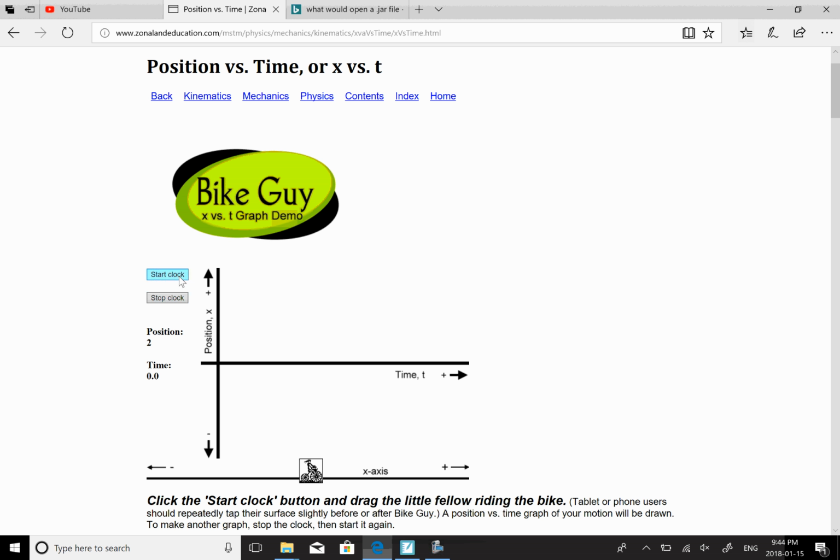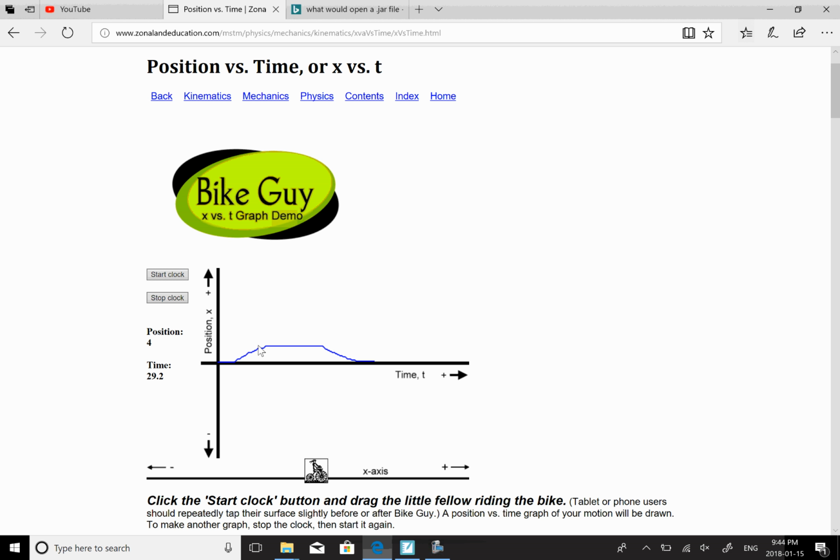So the first 5 seconds, I'm going to move away from the CBR at a steady rate. Oh, time went a lot faster than I thought. Then I'm going to stand still for a bit, and then I'm going to go back at a steady rate as much as possible. So you can see from this graph